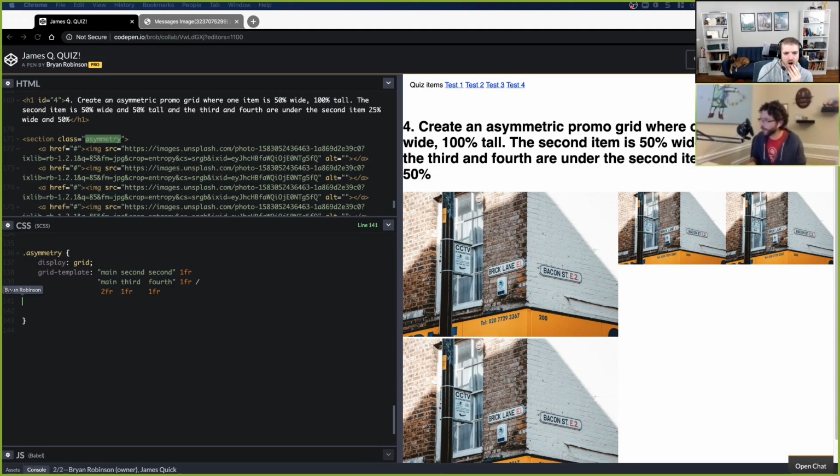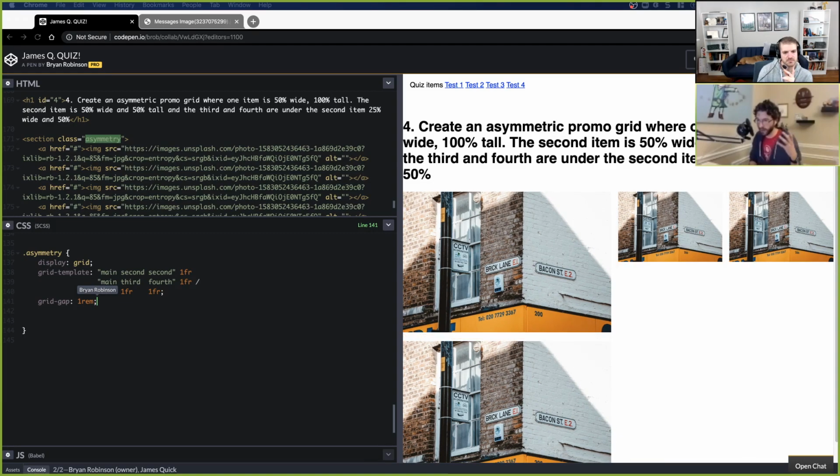But then we add a semicolon, which I always forget when I do my grid templates and my grid template areas. And then what we can do is we want a grid gap as well, because we want about 1 rem's worth of space in between each of them. So that's a shorthand for grid column gap, grid row gap. And then from there, you can see we already have some stuff happening the way things are pulling in on that left-hand side, right?